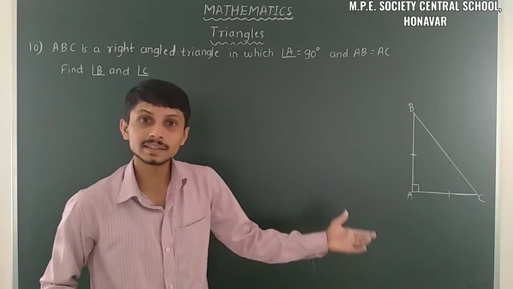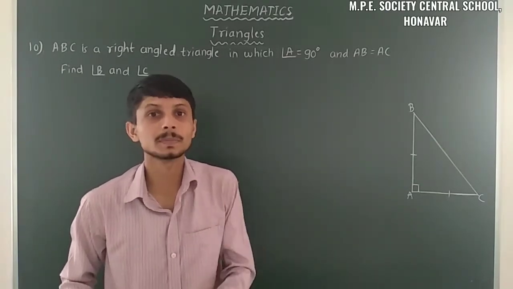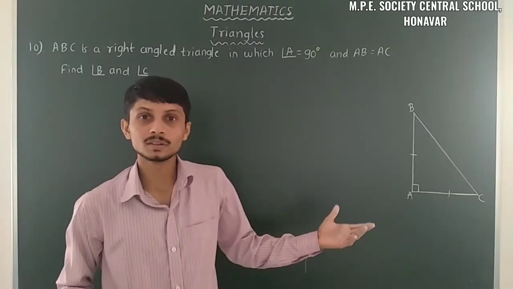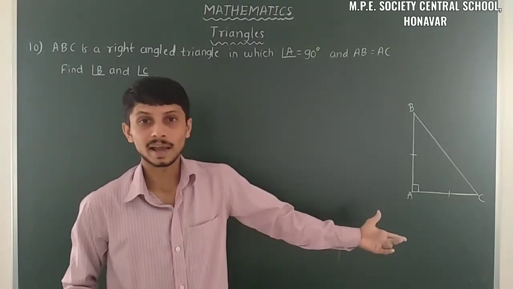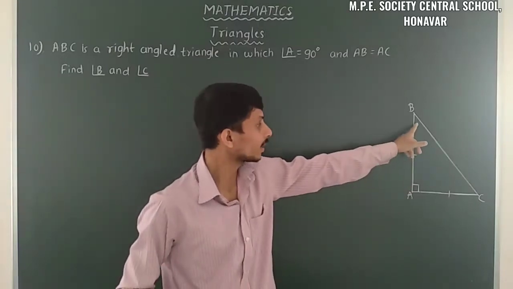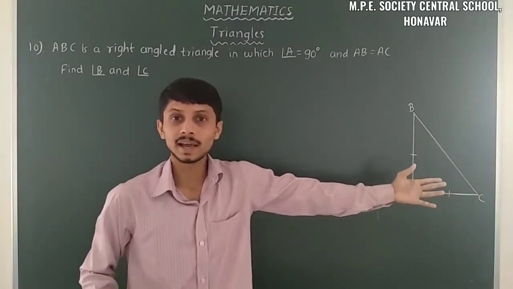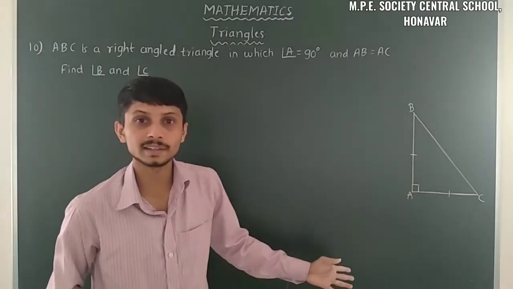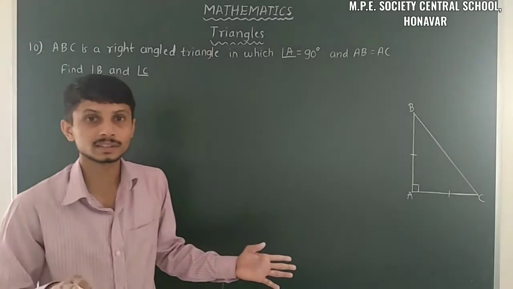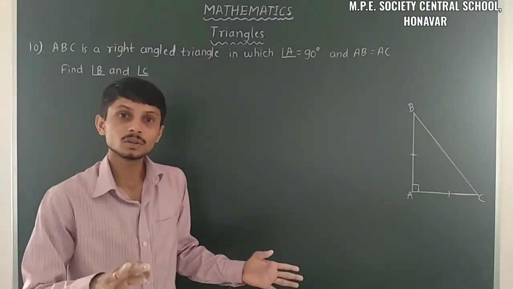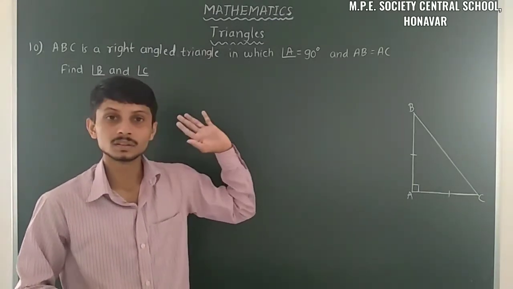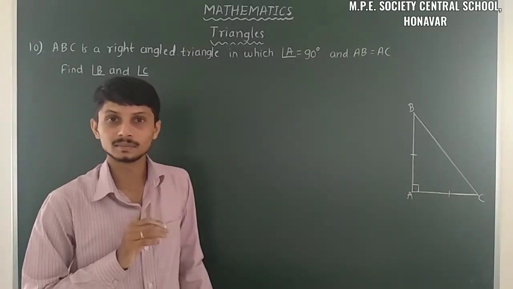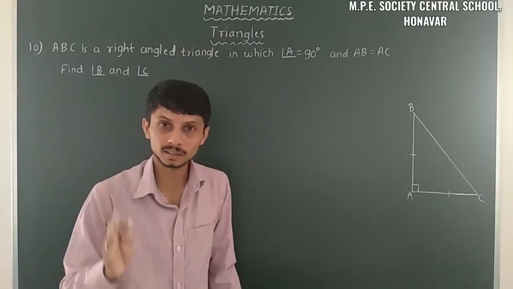So when we insert that equality in the sum of interior angles of a triangle being 180 degrees, we can easily find any one of the angles. When we have angle B, we can easily get angle C, as those two are equal. Here we have angle A equal to 90 degrees. So using these given quantities, we have to find angle B and angle C. Firstly we have to write what the given things are.